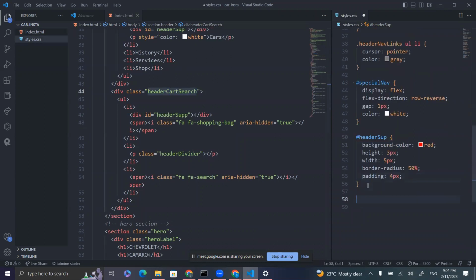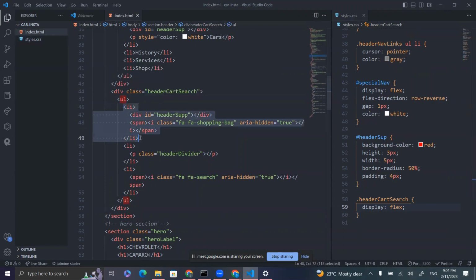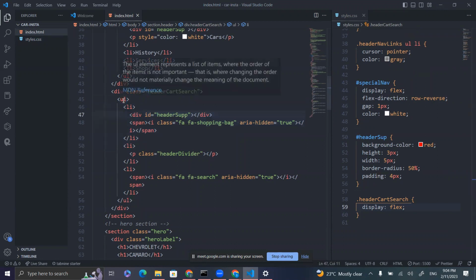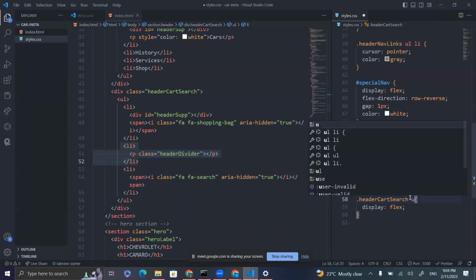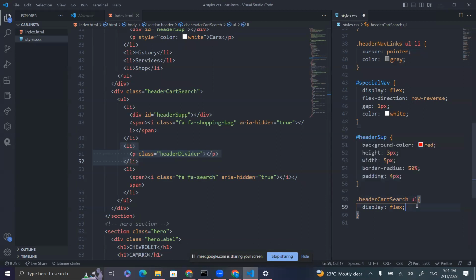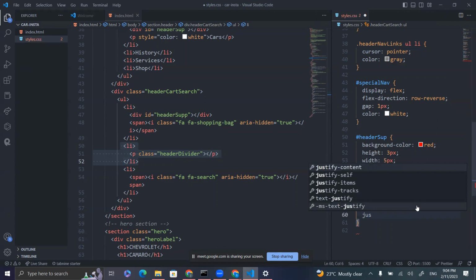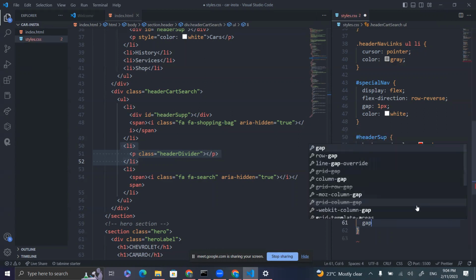So I'm going to come over here. Again, I need them moving from left to right. So by now, you guys already know that. So I'm going to say display flex, okay? Something like that. Actually, I'm going to target the UL because I want each list item, the first list item and the second list item and that list item, to move from left to right. So I'm going to be more specific and say UL, and say display flex. I'm going to say justify content space between, and I'm going to give them gaps,